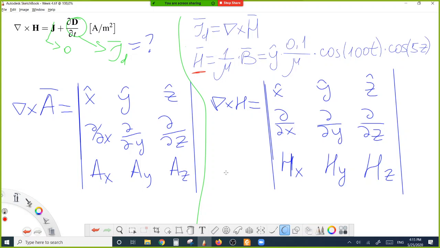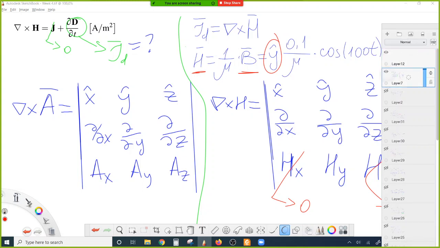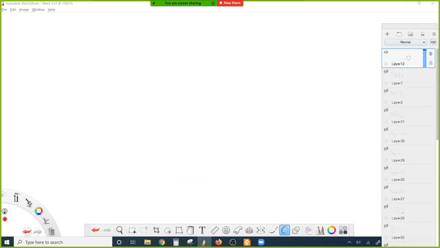H has the same components as B, and we can say that H, or magnetic field intensity, has a component only along y, and the components along x and along z are 0. Component along x is 0, component along z is also 0. So we rewrite, okay, so now